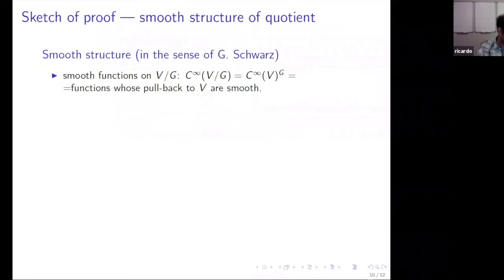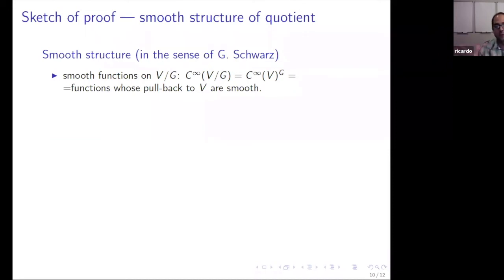So in the last few minutes, I think I'm going to end up finishing slightly early, probably. Let me tell you a little bit about the proof of this theorem. To talk about the proof, we need to talk about the concept of the smooth structure of the quotient. So far we have been looking at the quotient V mod G as a metric space, but